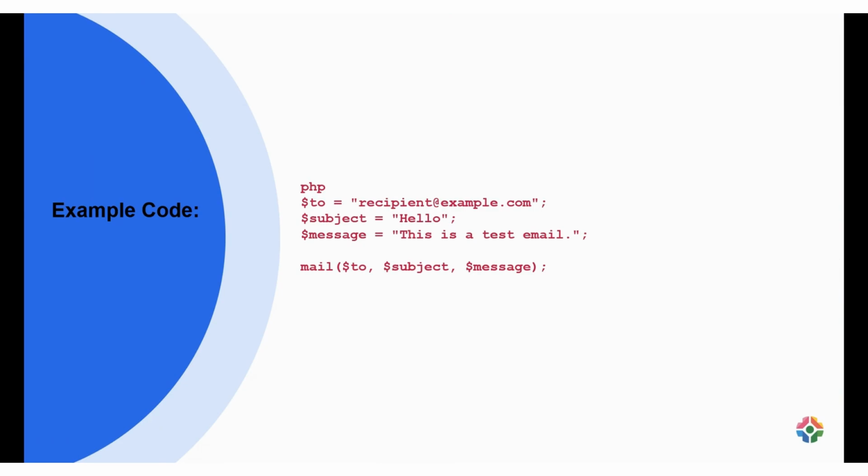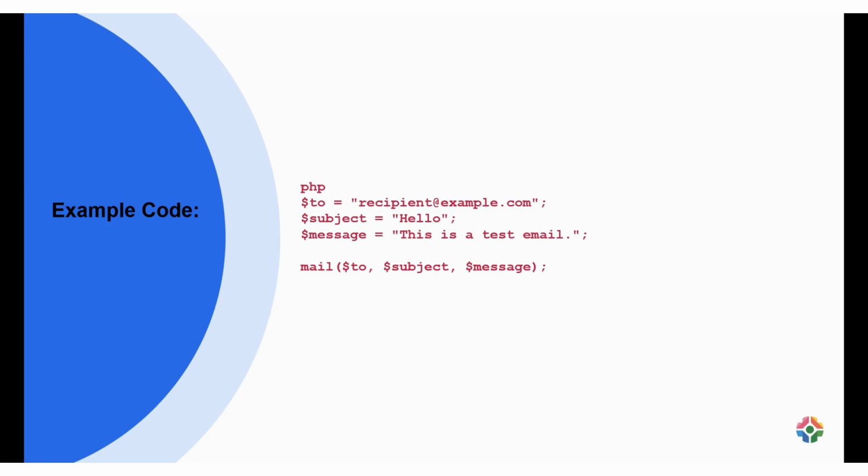The function requires three parameters: the recipient's email address, the email subject, and the email message content. In the given example, an email is being sent to recipient@example.com with the subject "hello" and the message, "This is a test email." To send an email using PHP's mail function: